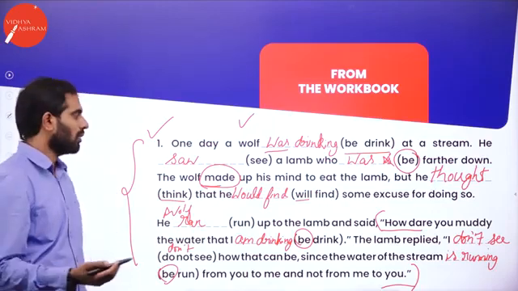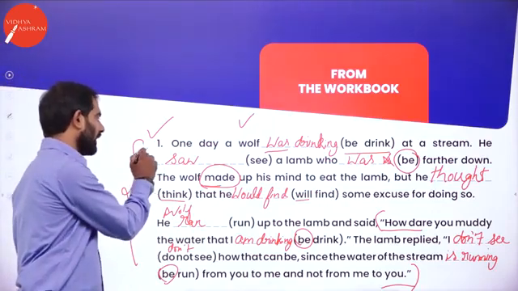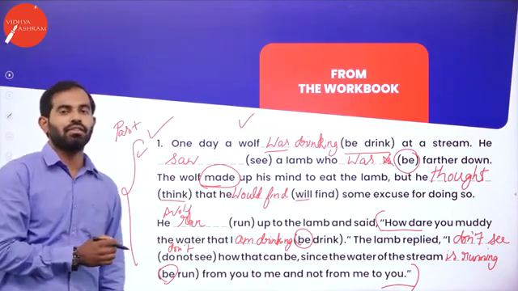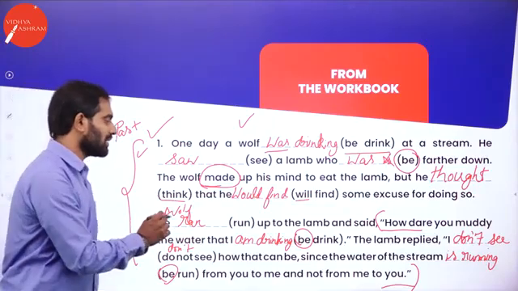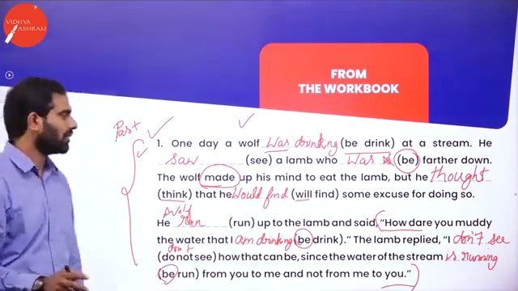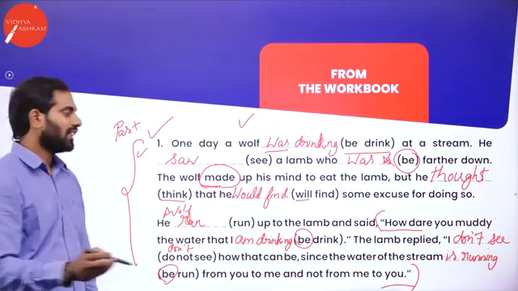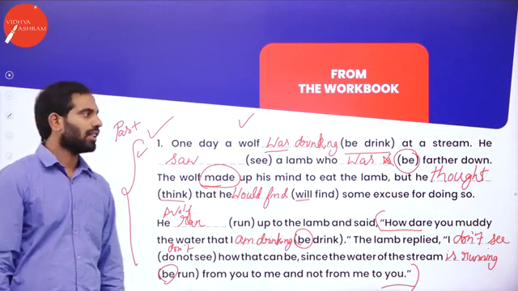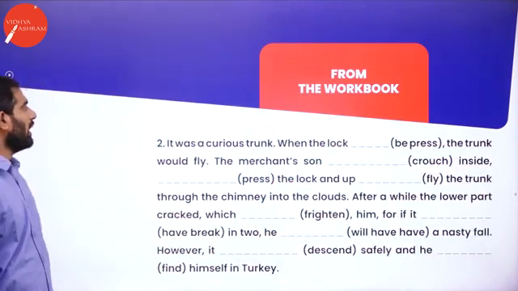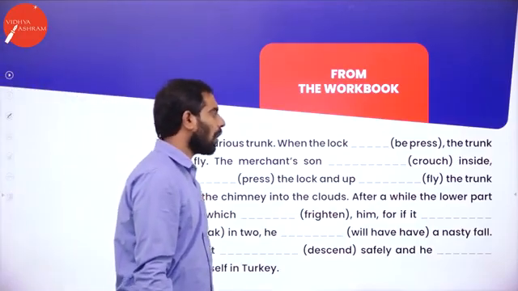Be very clear while attempting the question. Just because I told you this should be in past tense, that doesn't mean all the blanks in the examination should be attempted in the past tense itself. If the words are in brackets within the double inverted commas, you need to make sure that it should be in present tense itself. The second exercise: it was a curious trunk when the lock